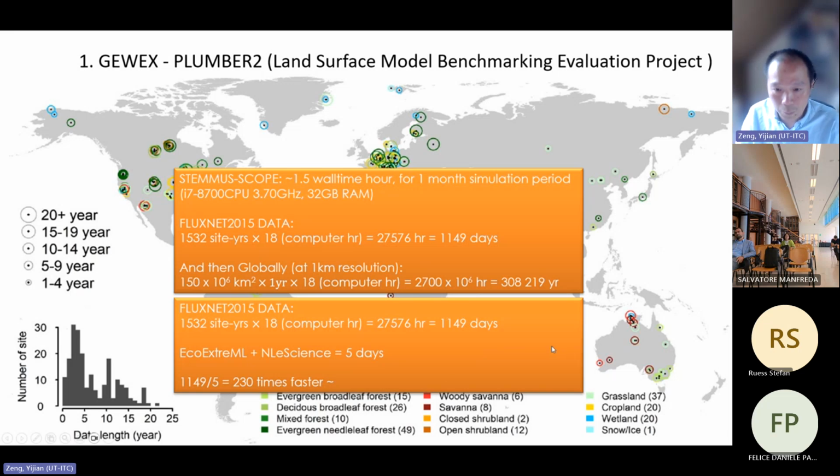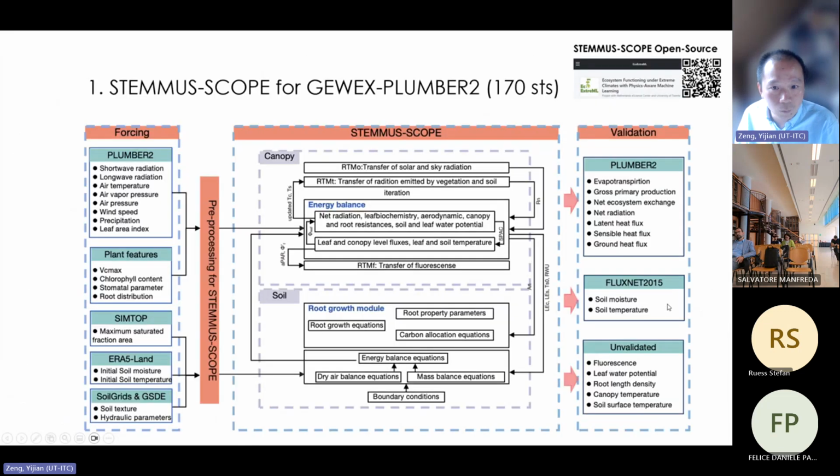But that is also the idea why we need such a kind of a soil plant digital twin. Well, this is again rather technical in terms of the input data, what do we need. So like solar wave radiation, long wave radiation, meteorological variables, but also plant parameters, runoff parameters, and the soil parameters. And then going through this STEMMUS-SCOPE model, you can get the ecosystem water, energy, and the carbon fluxes, but also soil state variables and the fluorescence, even the leaf water potential, which I will come back to